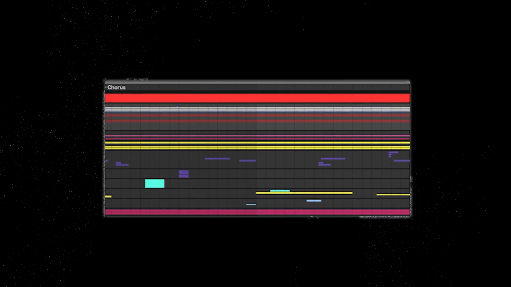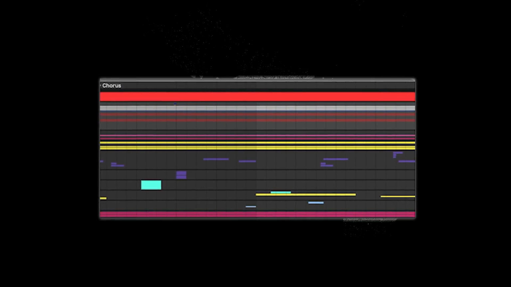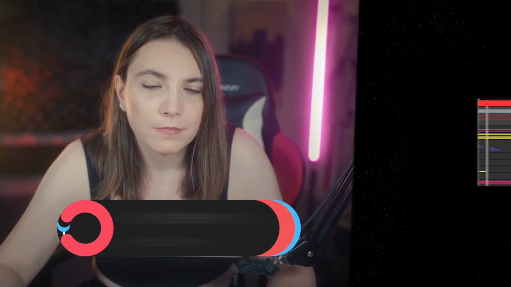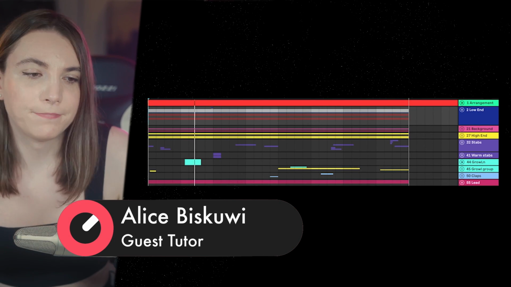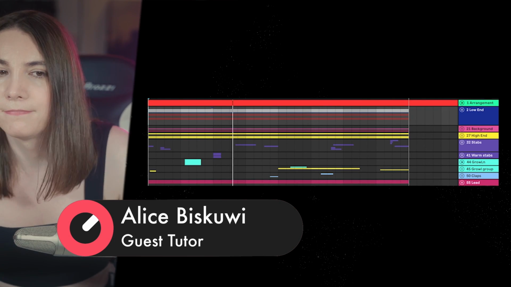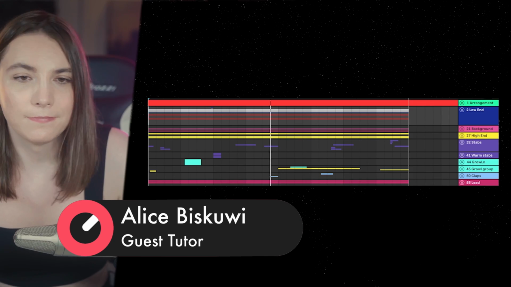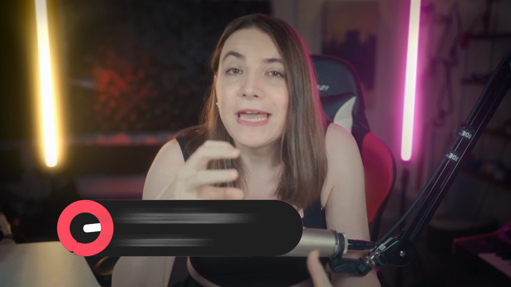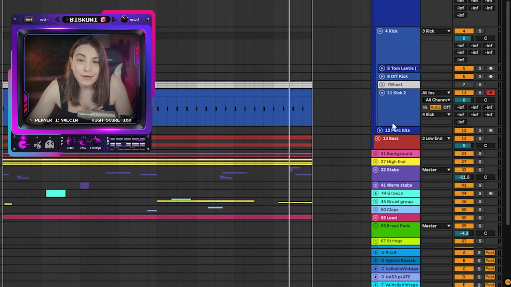So let's apply this theory. I have taken a track that I've used the top and bottom approach to create a full arrangement. So we start with that top loop. A lot of things going on, so we have a lot of elements that we can use on the other parts of the track. So if we digest this loop a little bit, what we have here is a kick